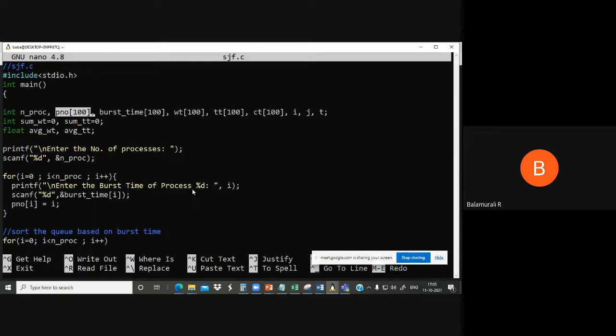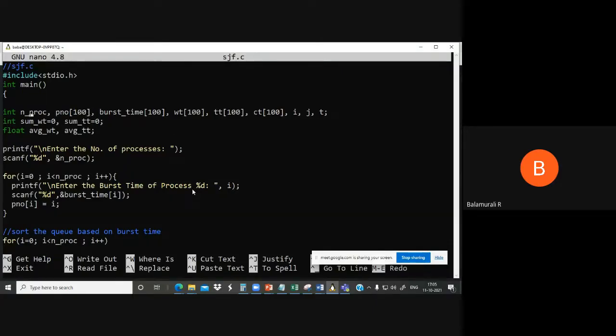Initially, whatever input the user gave, the shortest job may not be first, but the shortest job should be moved first. So we introduce one more variable which is called process number. For every process we give a number. Say for example, initially the 4th process has the shortest waiting time. Now we will move the fourth process to the first location of the array, but still we call that the 4th process only. Are you getting it? Otherwise you cannot see how the algorithm is producing the result, but still that process will be called the 4th process only, and that is the reason we are maintaining this p number.